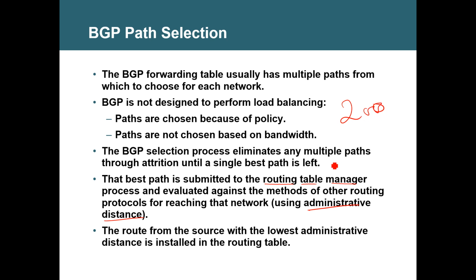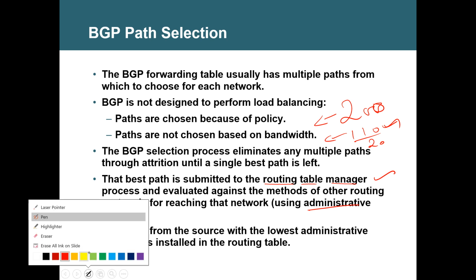IBGP's administrative distance is 200. OSPF is only 110. Now, which one will the router take? It will only take OSPF, because it is BGP. It's not going to say, "Wow, hail BGP." No. If it is coming from EBGP, yes, it prefers EBGP over OSPF. But if the routes are coming from IBGP and OSPF, it prefers only OSPF. That's one point we learn on this page.